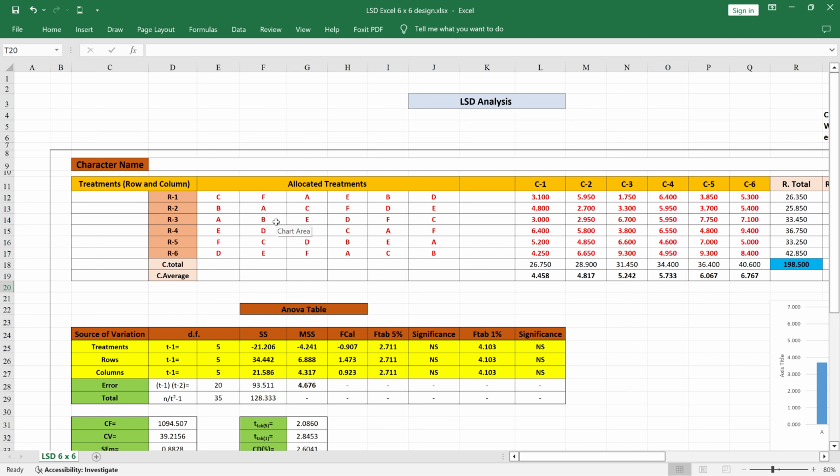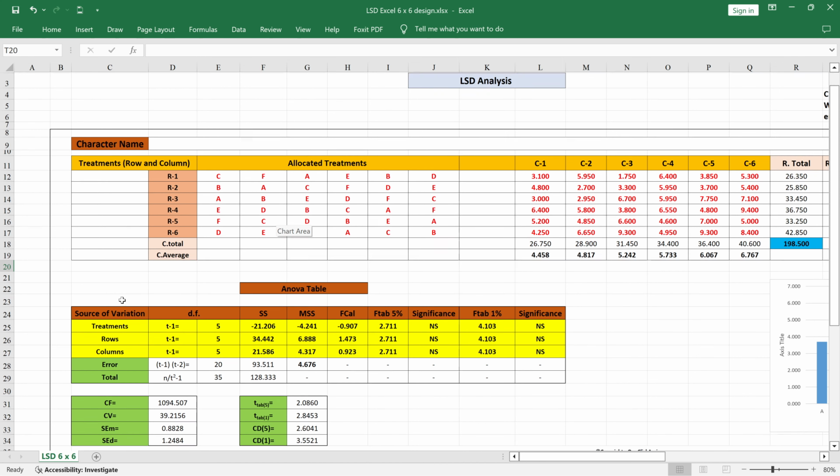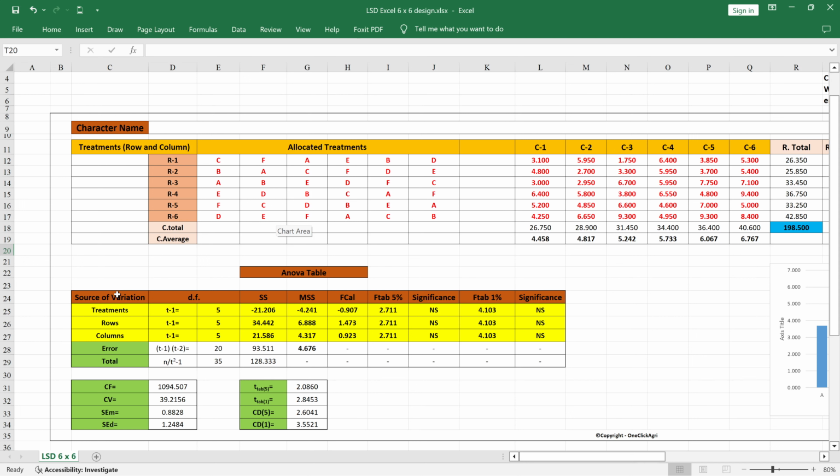Let's talk about the ANOVA table, that is the analysis of variance table. Here we calculate the different sources of variation, that is, from which source we get the variation in our research. First is the treatments, then row, column, and below you will get the residual, which we call the error degrees of freedom. Below that you will get the total, then here you can see the degrees of freedom,